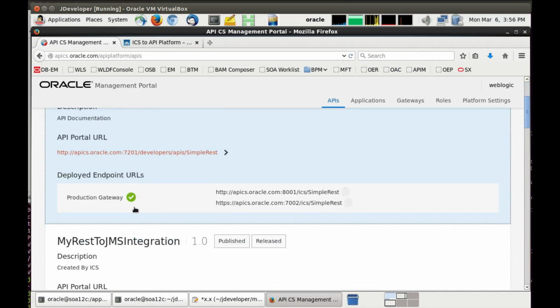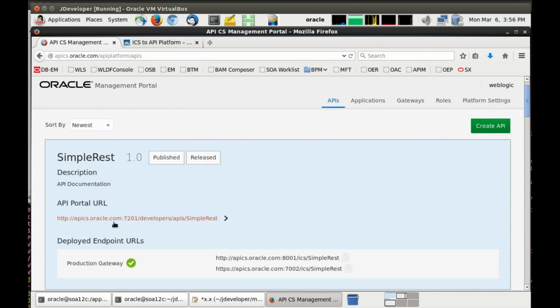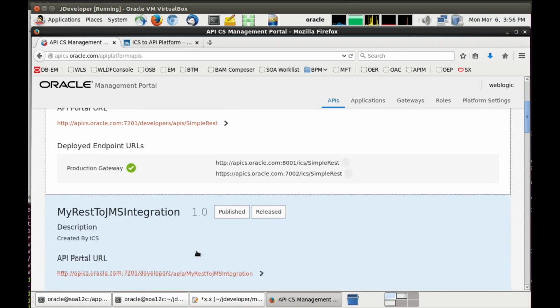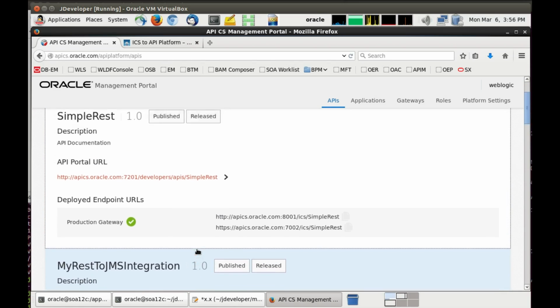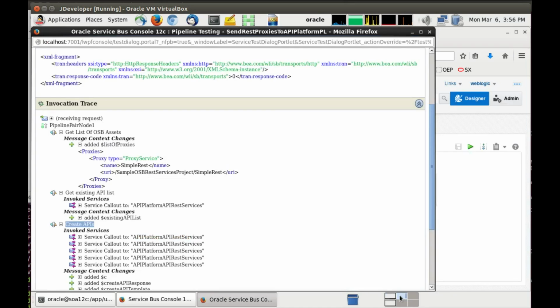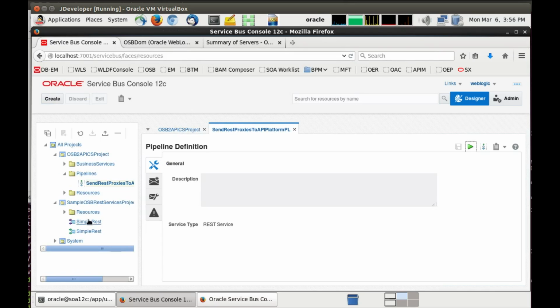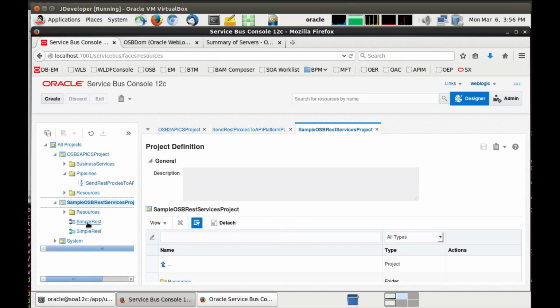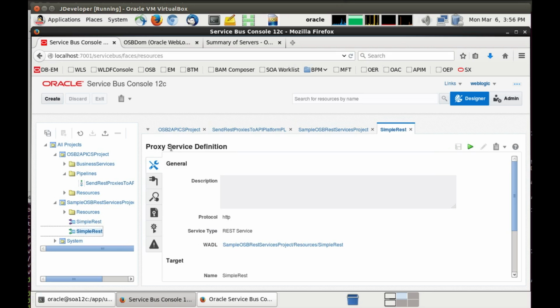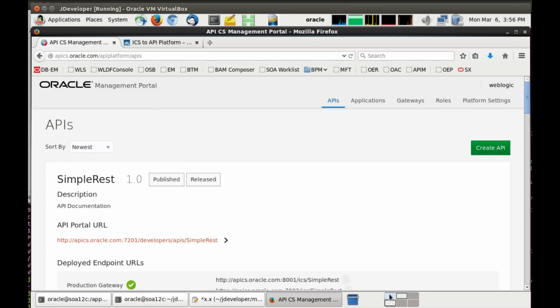I can see there's a simple REST service here that points to, let me see, my simple REST, was that the right one? Yeah, this is the OSB project. The actual REST service is called simple REST. If I go back to the service bus console, the project name is REST services project, but the actual REST service that's exposed is called simple REST, and so that's the one that gets brought in and published into the